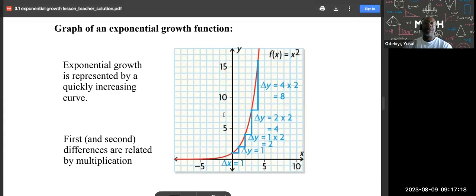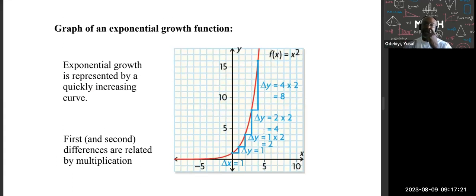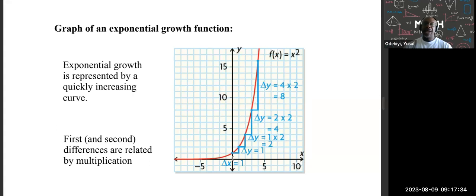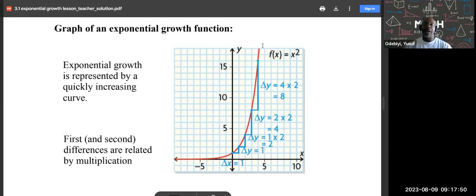So here's the graph. You can see the change in Y is really drastic as you move along the X. My change in Y is 8. Initially, when I was down here, my change in Y was only 1, and X is only increasing by 1, right? So by the time we get to 10, it'd probably be way off. It's already off the graph. It'd have been somewhere crazy up into the billions or millions.